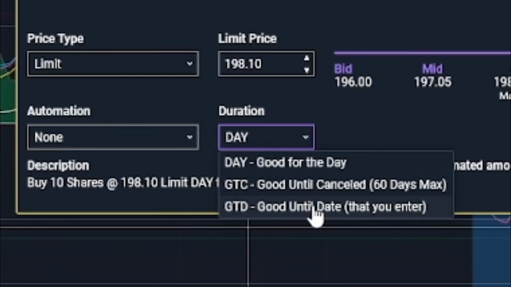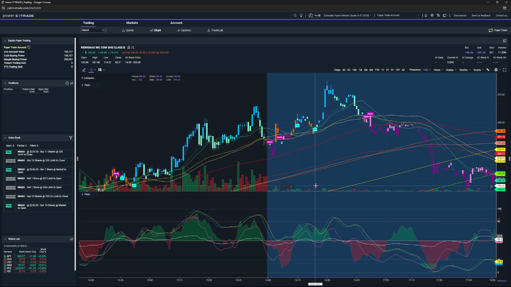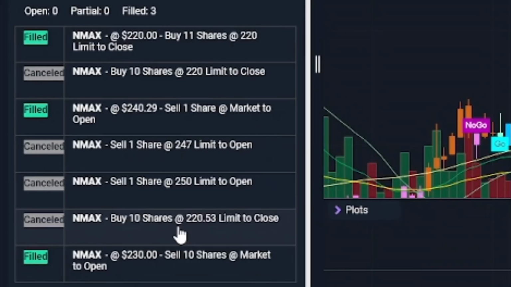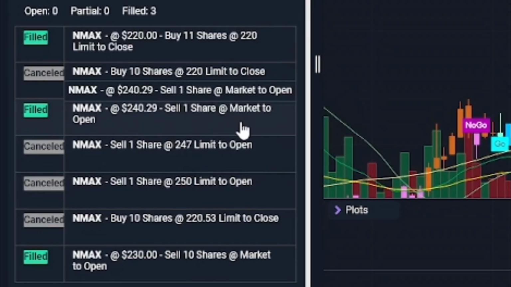Anyway, I did not know if my order would work in after hours, because when you go to the duration on the order, you have to set the price type to limit, and then you have to send it to after hours. But on paper trade, you can keep it on market buy and market sell. So anyway, I canceled my buy of 10 shares to get out of my short, and then to figure out that I could buy in after hours on a market,